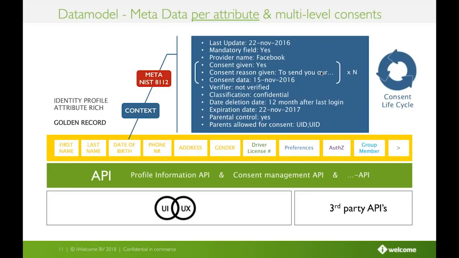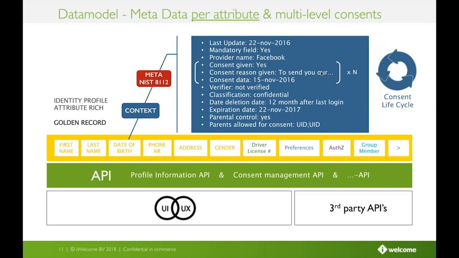So how do you do that? Well, first of all, in every CIAM system you have this golden record you see in the middle, the yellow bar, where all the attributes are stored that you collect during the customer journey, so to say. To store specific consent on the date of birth, you have to store that as part of that date of birth or in a separate data source. We chose to put that in the metadata of the date of birth and to make it multi-value. So you can have multiple consents on the date of birth. For instance, to profile the web page of that bookstore, to send them a discount check on his date of birth, or to do something else with it.